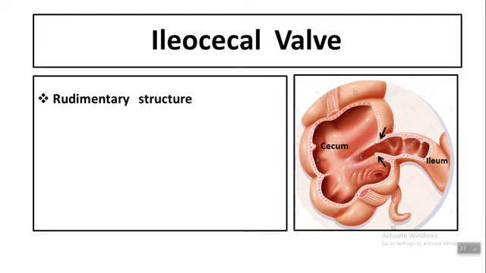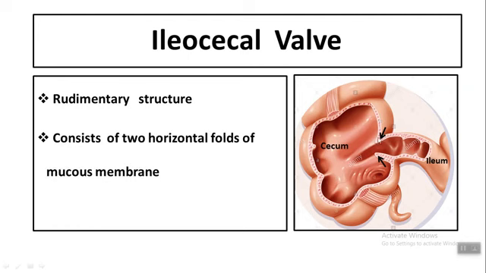What is the ileocecal valve? The ileocecal valve is a rudimentary structure, a fold of mucous membrane, meaning two horizontal folds of mucous membrane,